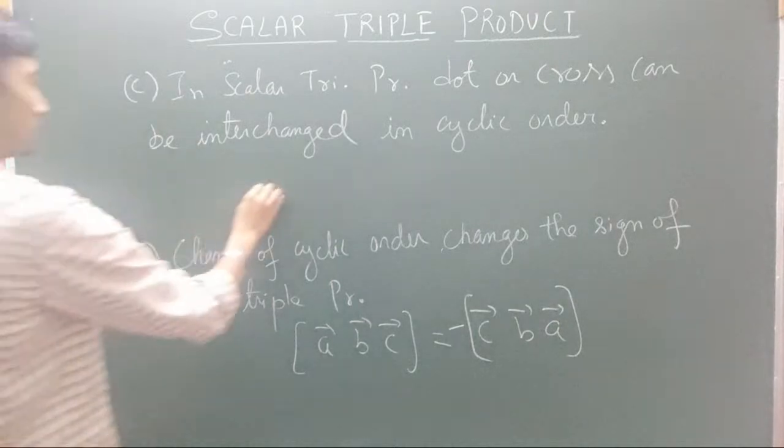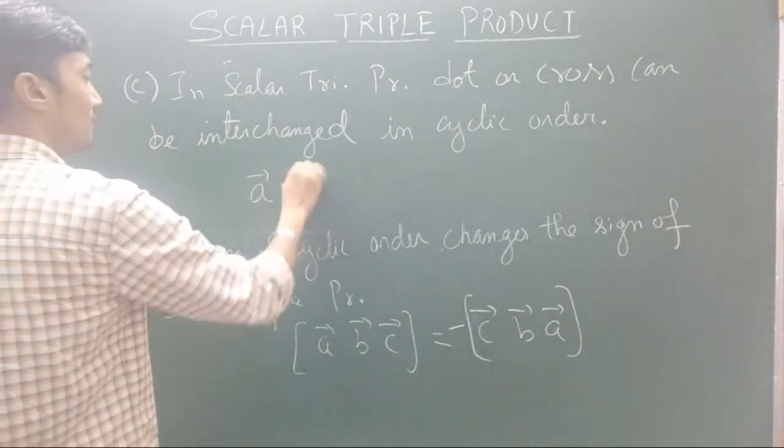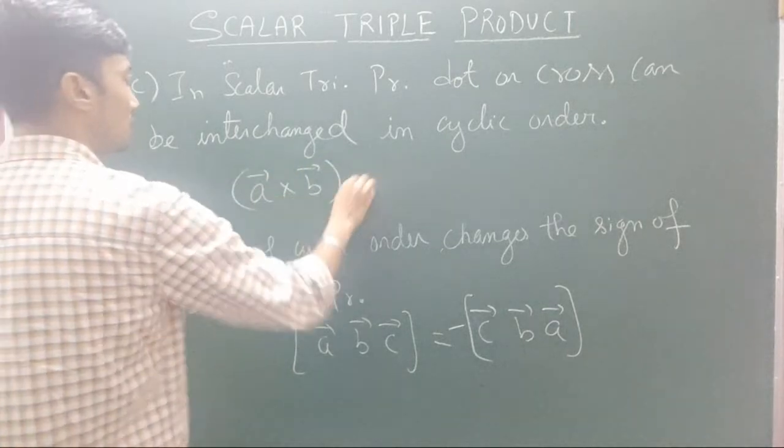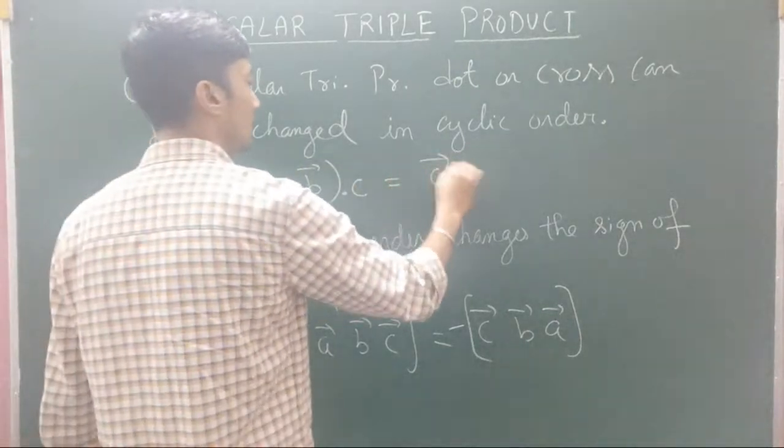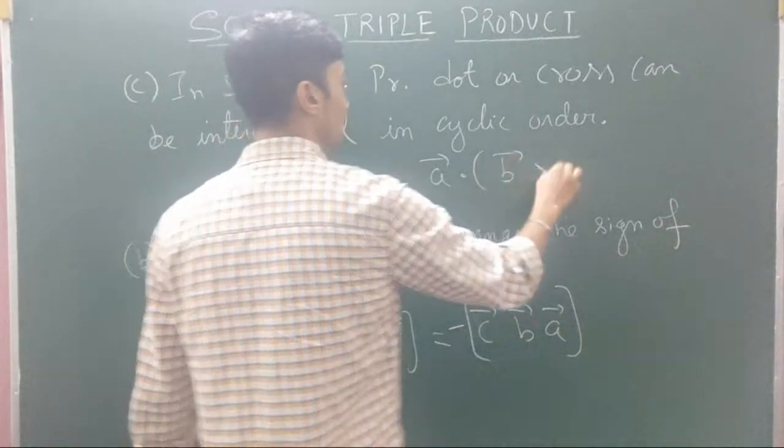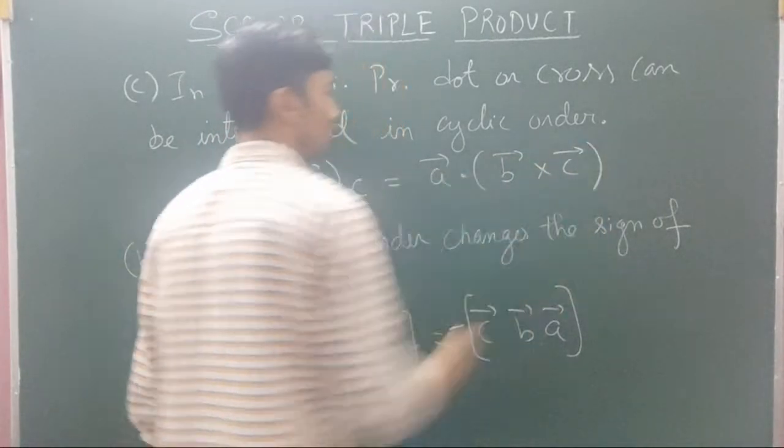Just an example, A cross B dot C can be written as A dot B cross C, because do